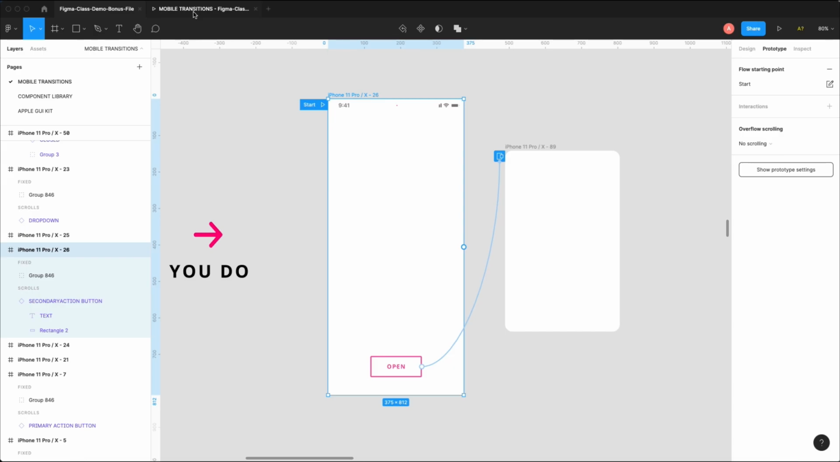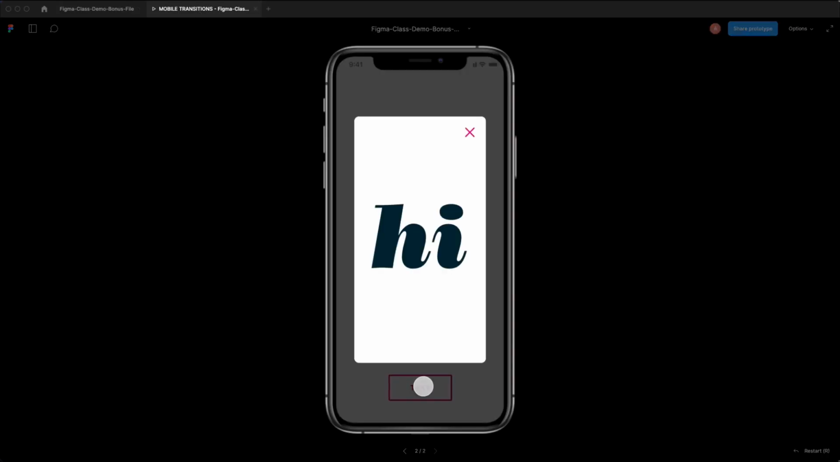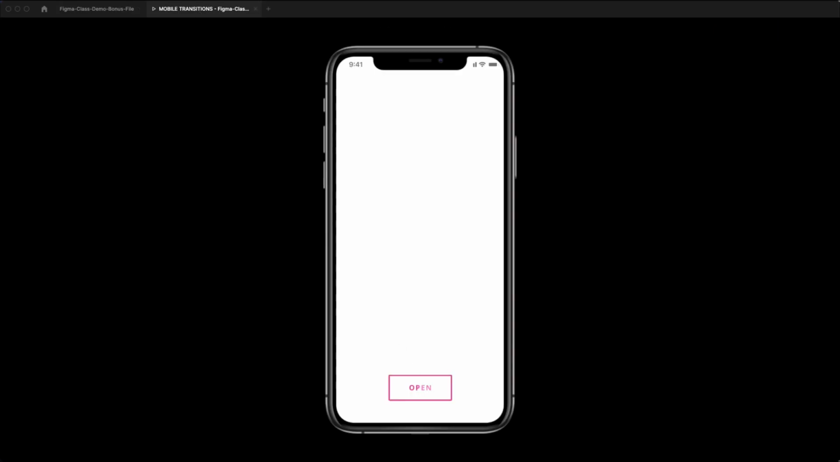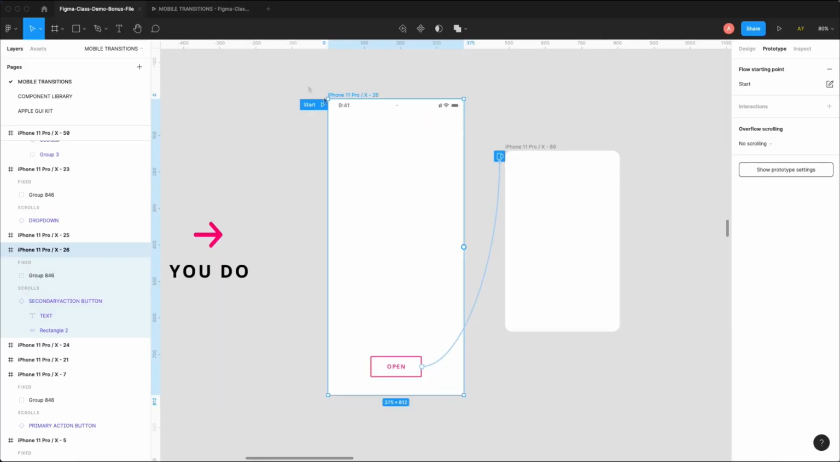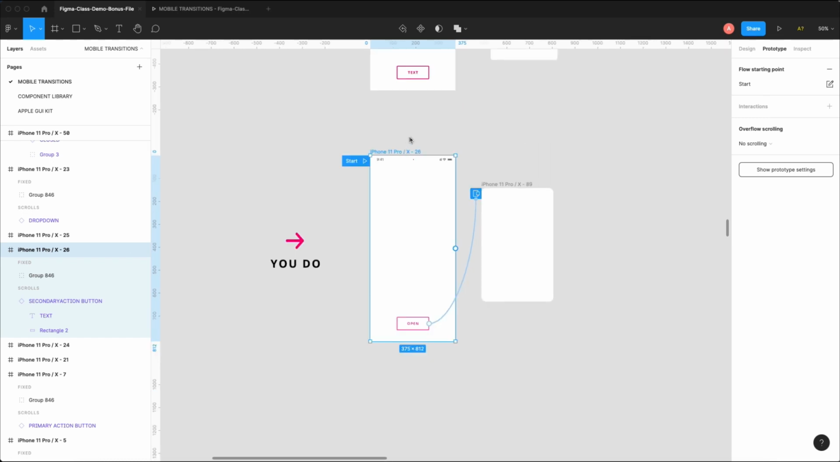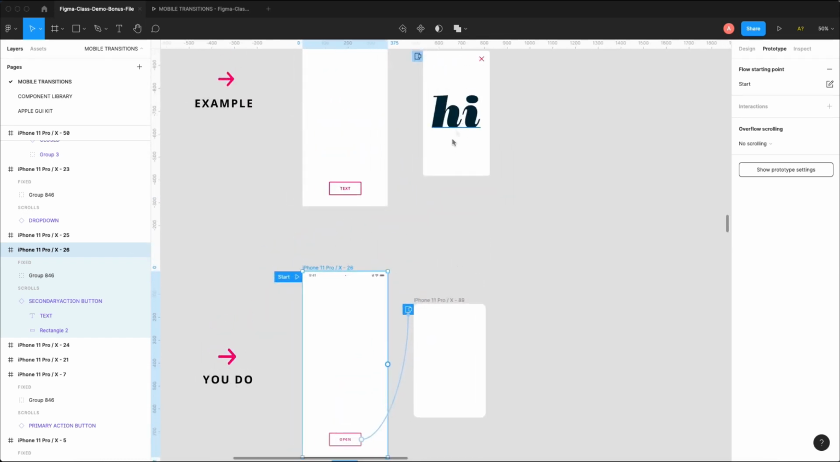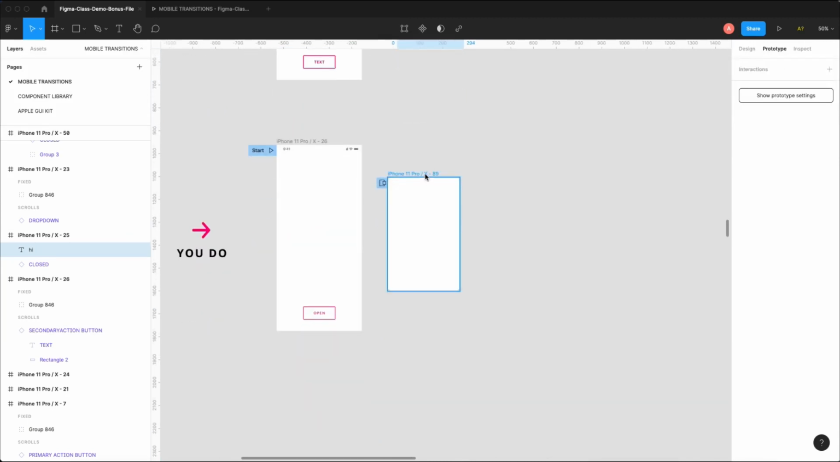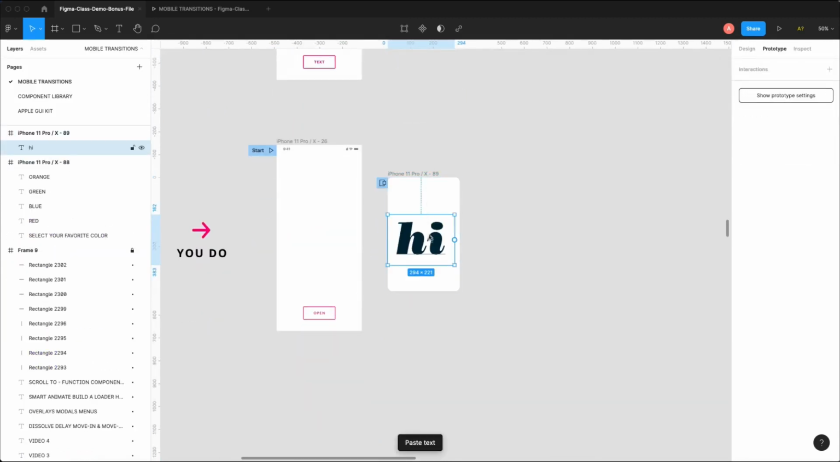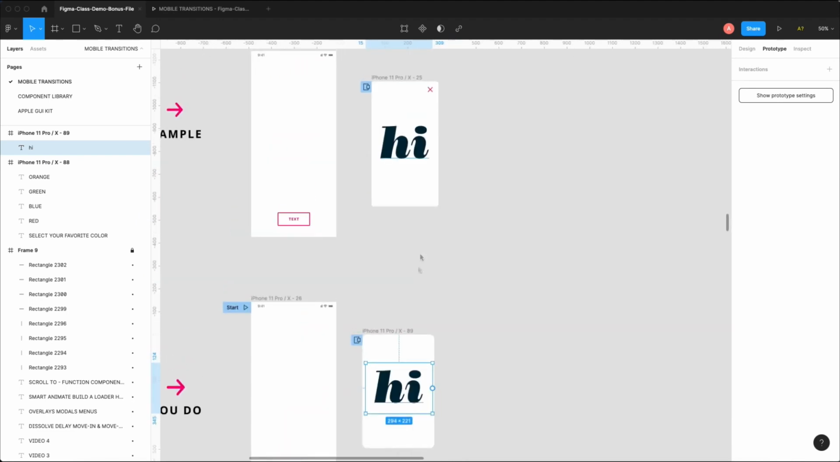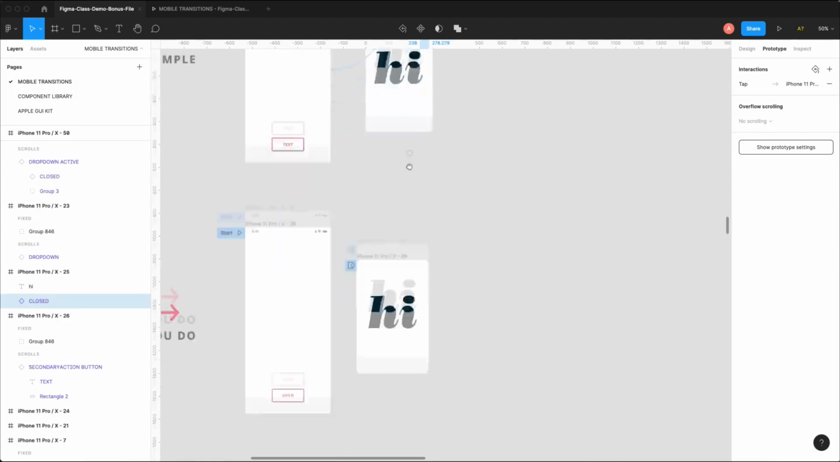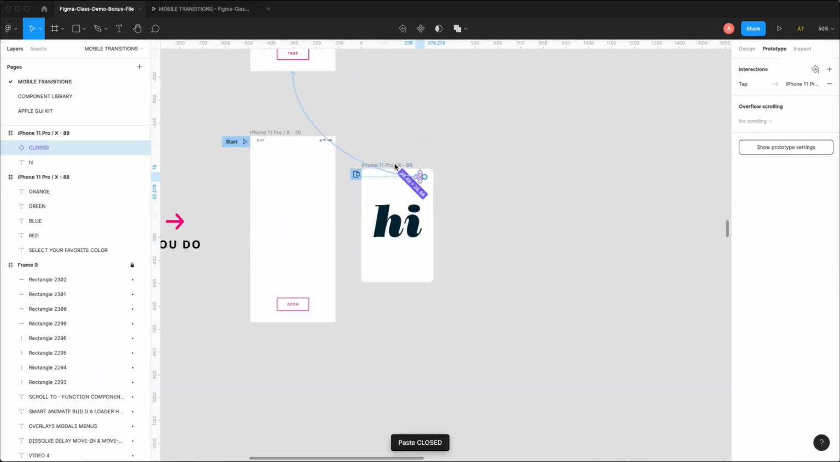Let's go ahead and see what that looks like on the prototype. Press open. Okay, and we have a modal. Let's go ahead and close it. Open and close. Alright, that's looking good. Let's go add some of the pieces to this modal here. I'm going to copy this hi, and I'm going to select the artboard, paste the hi here, just kind of center it if you want to as well. And I'm also going to click on the X here, paste the X,